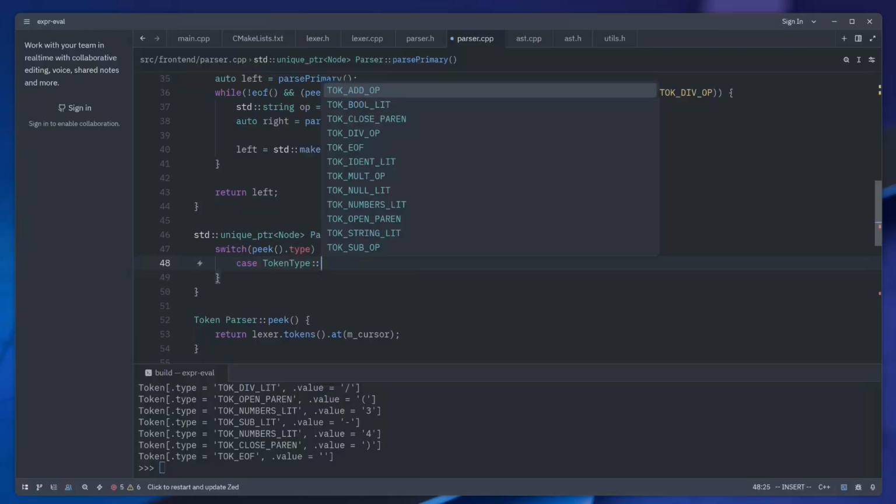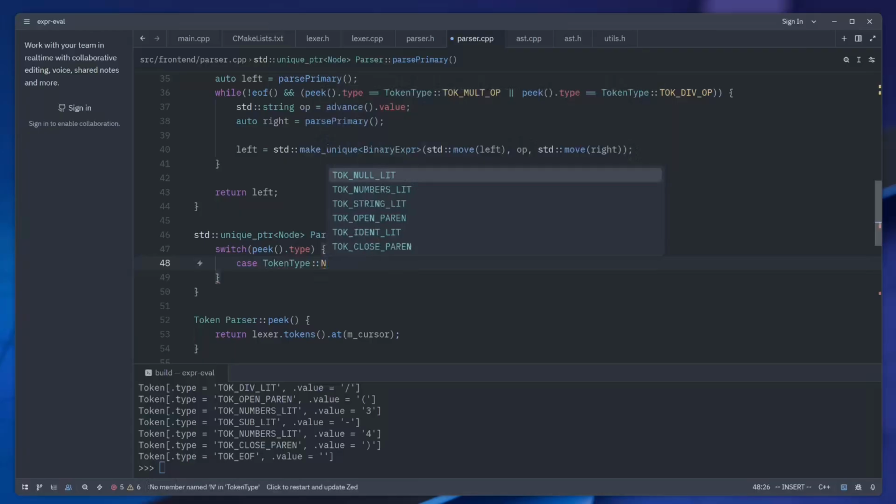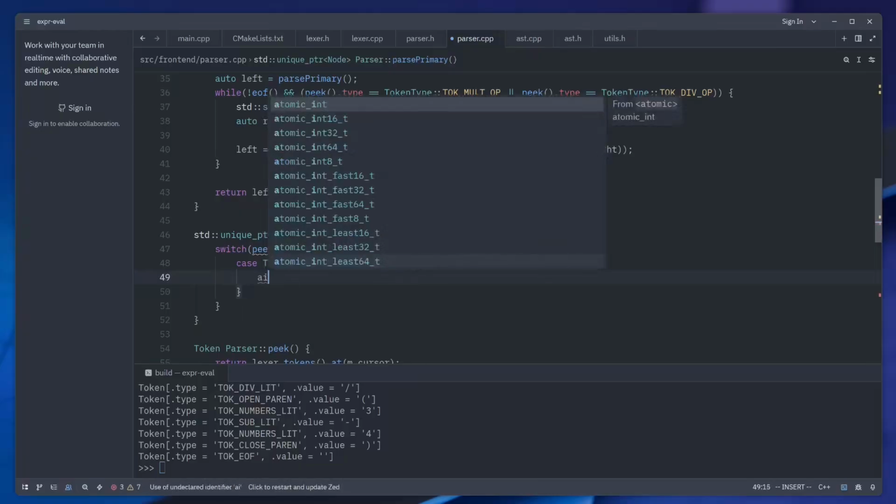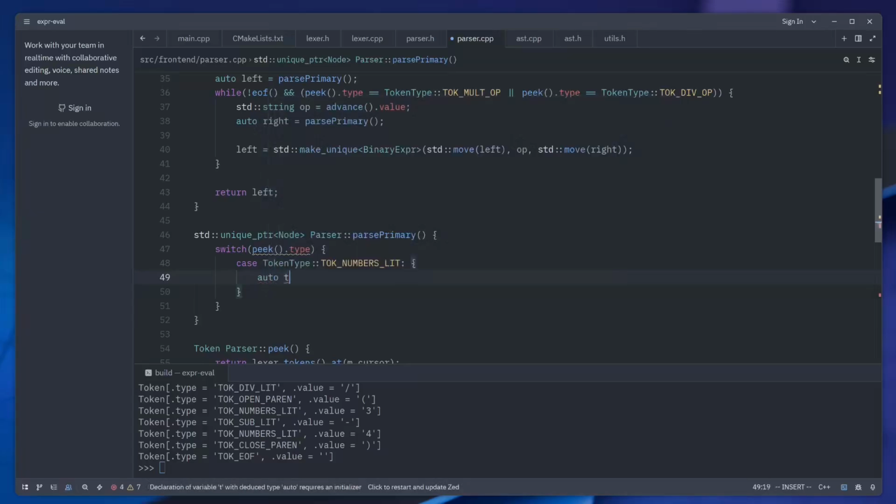Let's begin with number. So first and foremost, let me call advance. So we'll consume that token, and then inside here we need to return